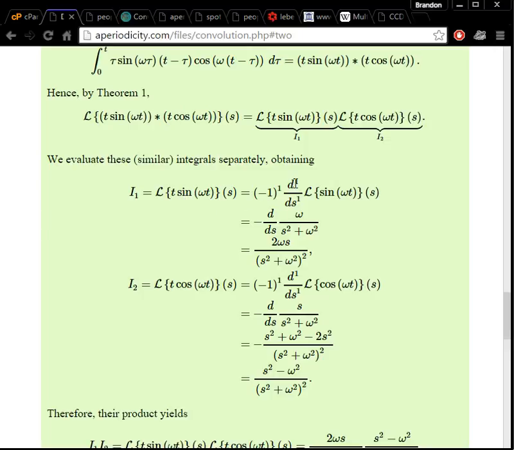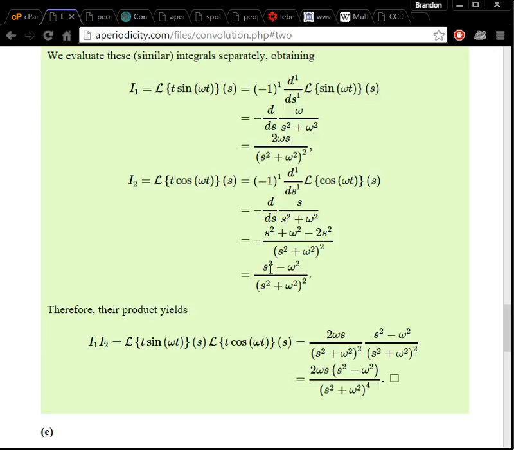negative 1 to the first times the first derivative with respect to s of the Laplace transform of sine of omega t. And the Laplace transform, again, of sine of omega t is omega over s squared plus omega squared, and then we use a quotient rule to determine the derivative, and the negative negates the negative top times bottom, so we end up with a positive fraction 2 omega s over s squared plus omega squared, whole denominator squared. And then for the second, it's basically the same thing, except in the numerator we end